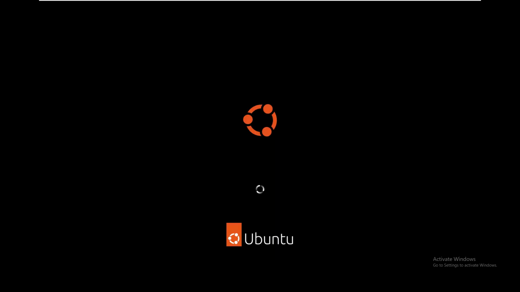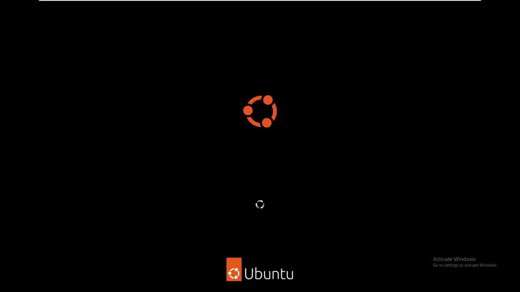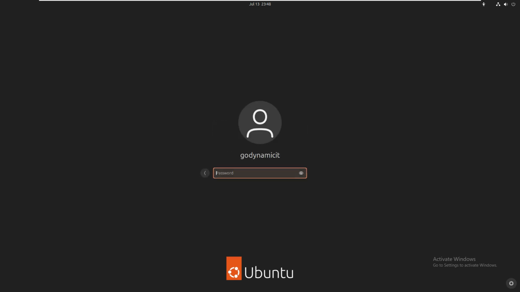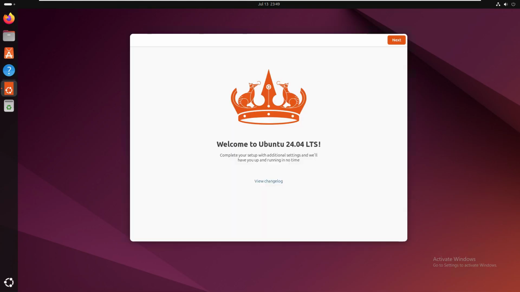Press enter now, and once you press enter, you can see Ubuntu is just starting up. Just wait for a while so that we will see the screen. Okay, and finally you can see this beautiful screen here, and now it's asking for the username and password. So let's put our password here. Voila, and you can see we have logged into this Ubuntu